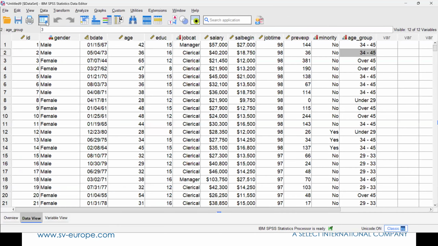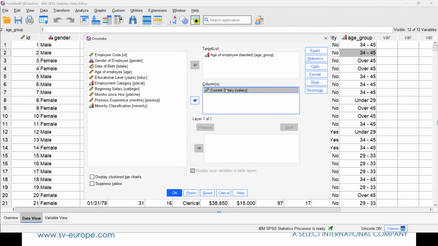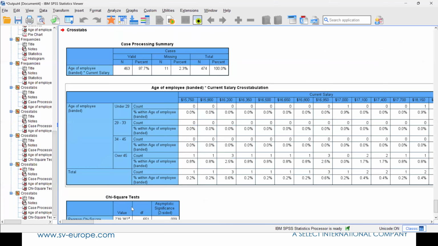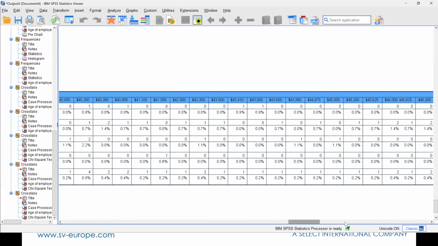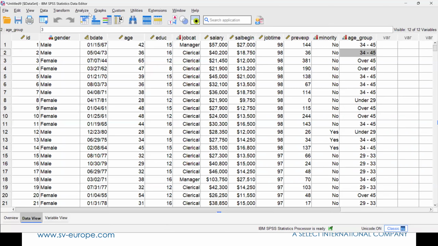Now, what I can't do with a crosstab is throw in something like a continuous field. I can't really do current salary against age of employee because current salary has just got loads and loads of categories. It doesn't make any sense. You'd need to have that banded into salary group or salary band using the visual binning that we used earlier on. Or alternatively,